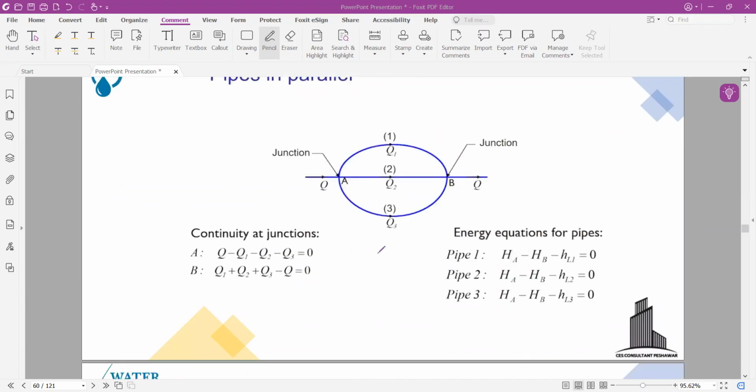While for pipes in parallel, the head loss for pipe 1 will be equal to the total head at HA minus the total head at HB minus the head losses in this pipe. Similarly for Q3, the pipe 3, and similarly for pipe 2, you can use these equations. And the flow at junction A will be equal to Q plus Q, because it is entering this junction and going outside from this junction into the